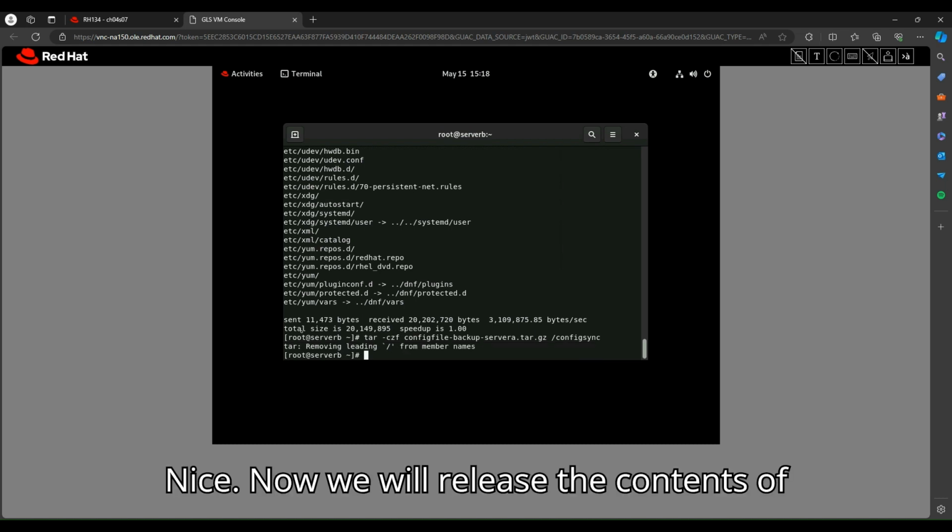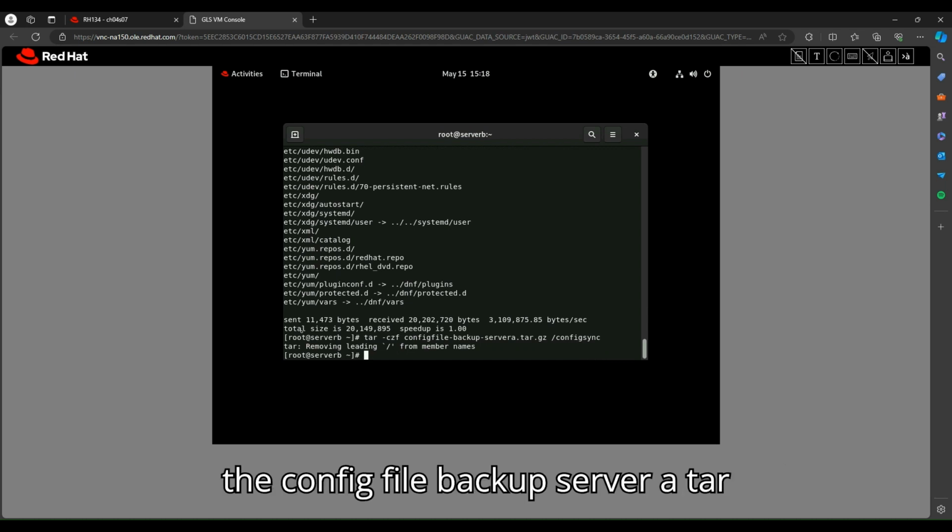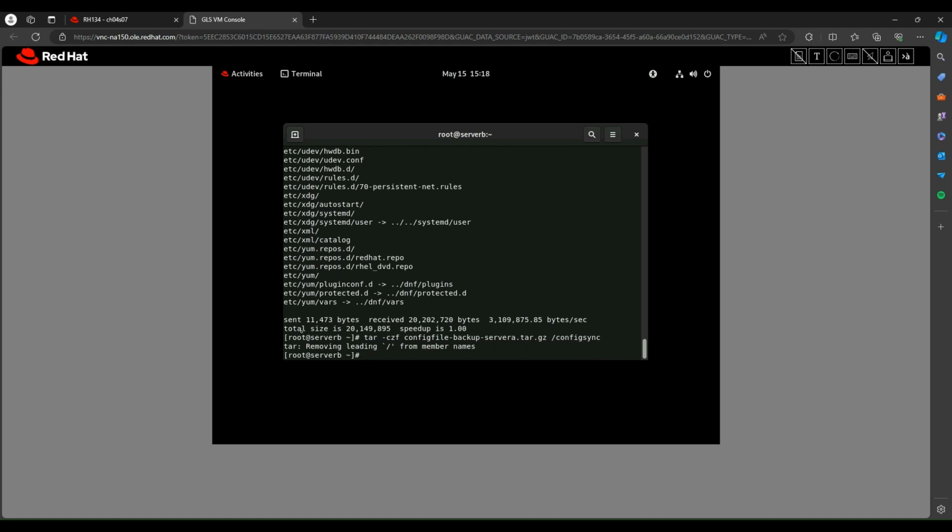Nice. Now we will list the contents of the configfile-backup-serverA.tar.gz archive. So